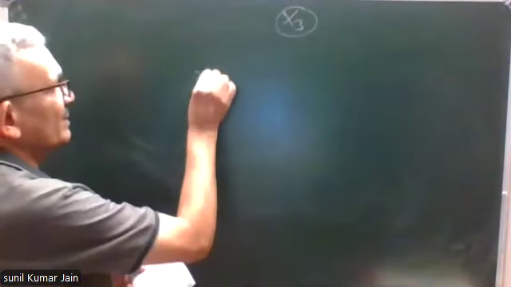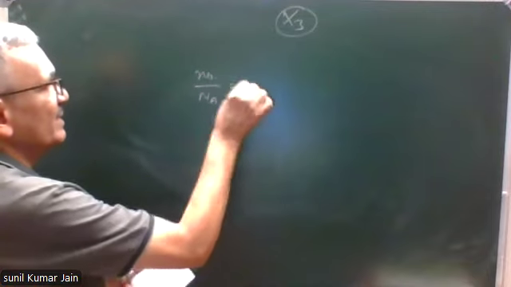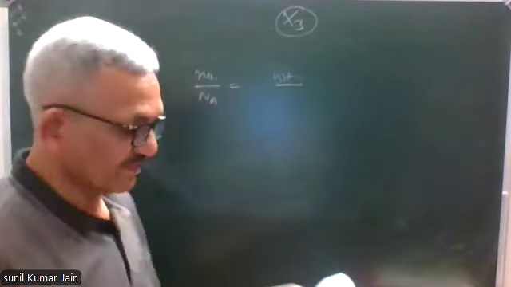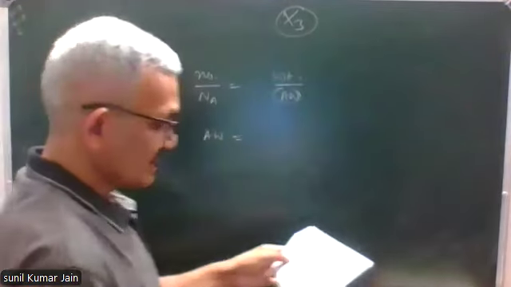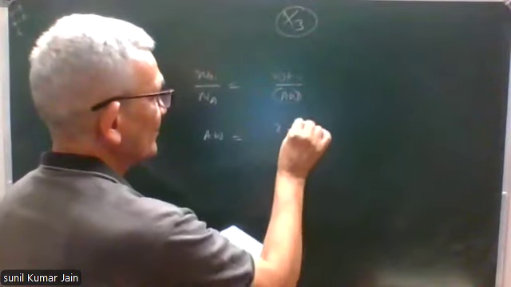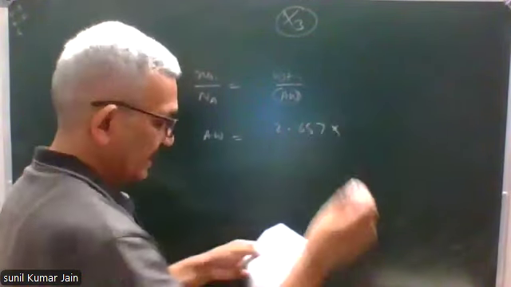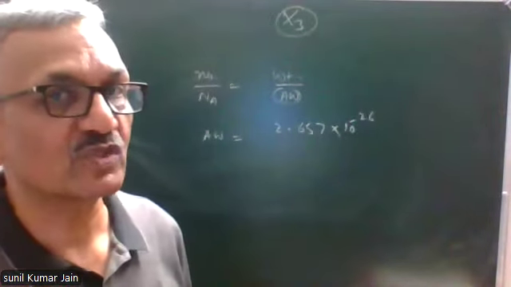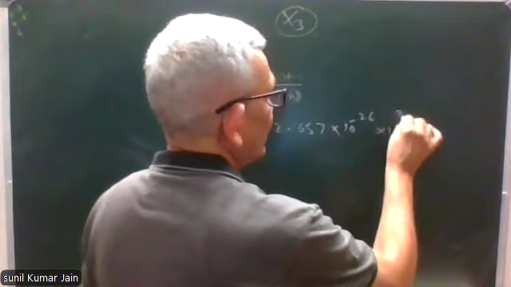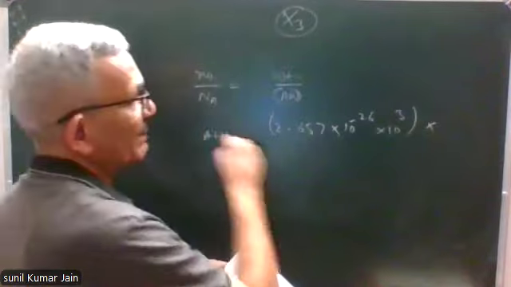Now we are given one atom number. So number divided by Avogadro's number is equal to weight divided by, we are given the weight of atom, therefore atomic weight, right? Not molecular weight, because we are given the weight of atom. Now, atomic weight will be weight, this is 2.657 into 10 to the power minus 26. This weight is given in kilograms. We have to use the mass in grams. Therefore, into 10 to the power 3 multiplied by Avogadro's number,